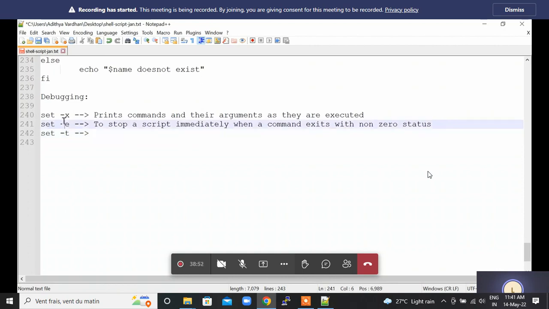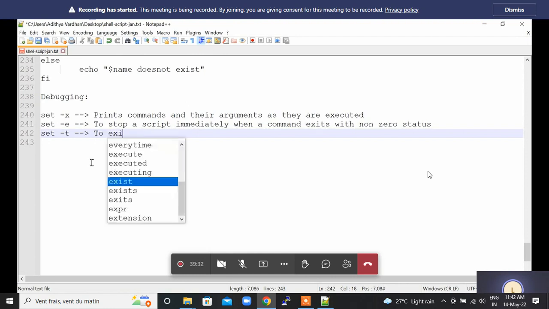If you use set +e, even if there are any errors in your script, the script will keep on running. This +e is useful when you're using Jenkins, which you'll understand more once we start Jenkins. These are some of the things we can use while working with other tools as well. So we have lots of set options. The major one is set -x, but just remember these two as well. Set -e is to stop a script, and set -t is to